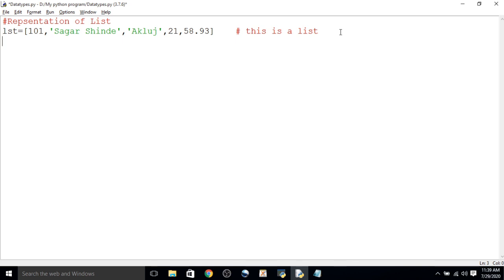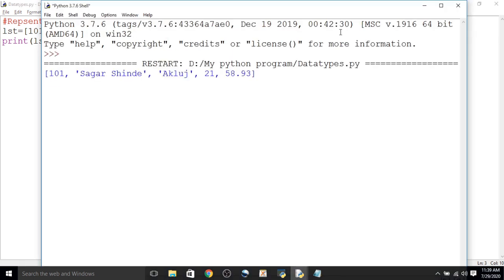Now we want to display all the elements of a list by using the print function. By using the print function, we can display the list of elements stored inside this. Look here, the list of elements stored inside that list will be displayed.